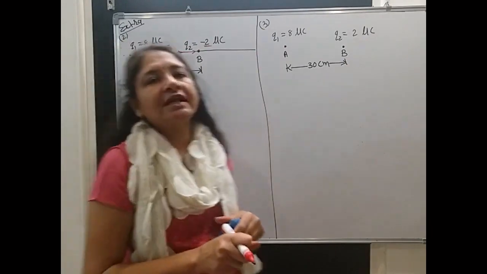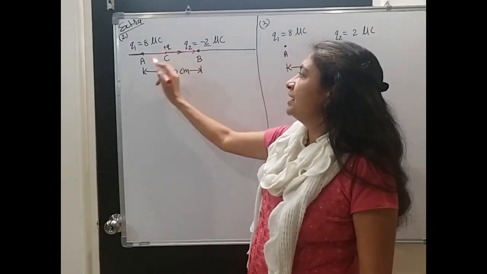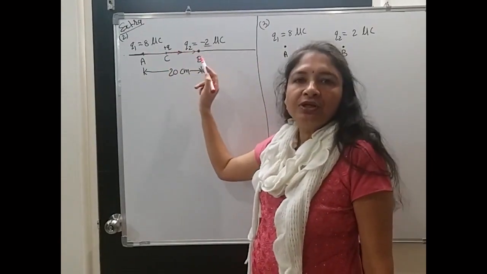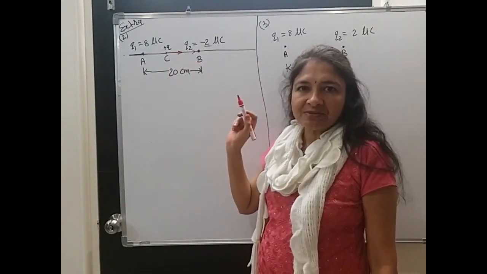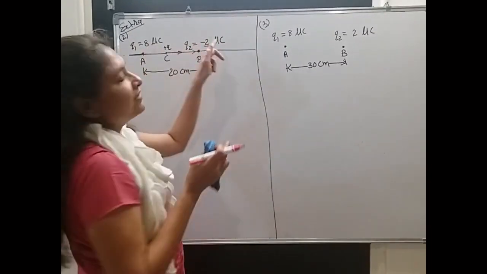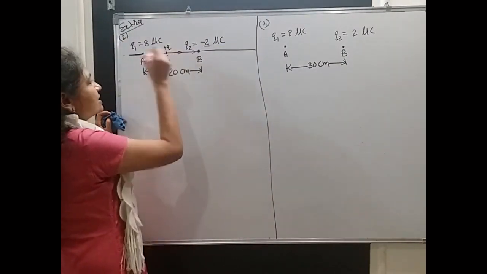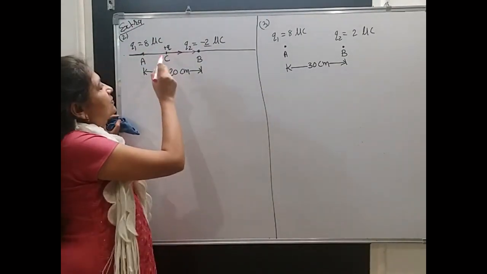As the two forces are acting in the same direction, their net force cannot be 0. So it is not possible that we can put the third charge between the two charges in this case. Once again, when two charges have opposite polarity, I want the net force on this one to be 0.